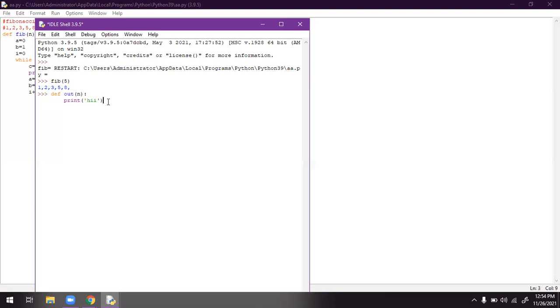What must be the output for this? If I write my name, Kaushik, and hit enter, I'm getting only hi. It doesn't need any input. If you write any name or any number, it doesn't care. It will only give the value of the output statement. But we got an error.